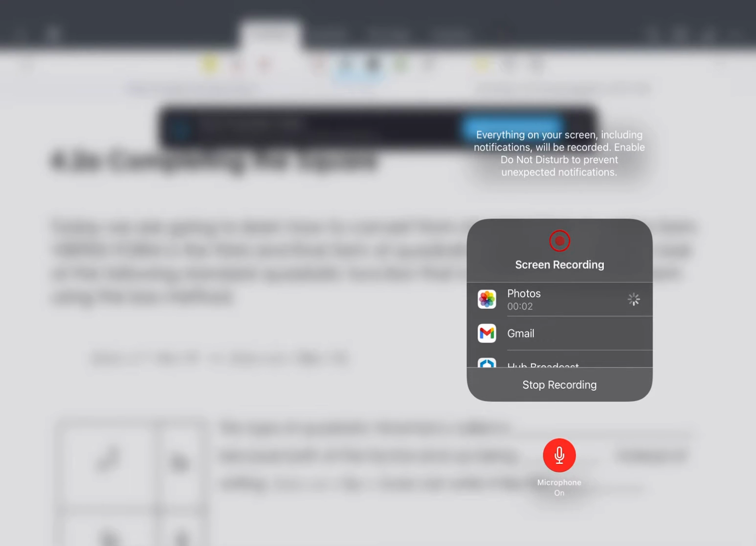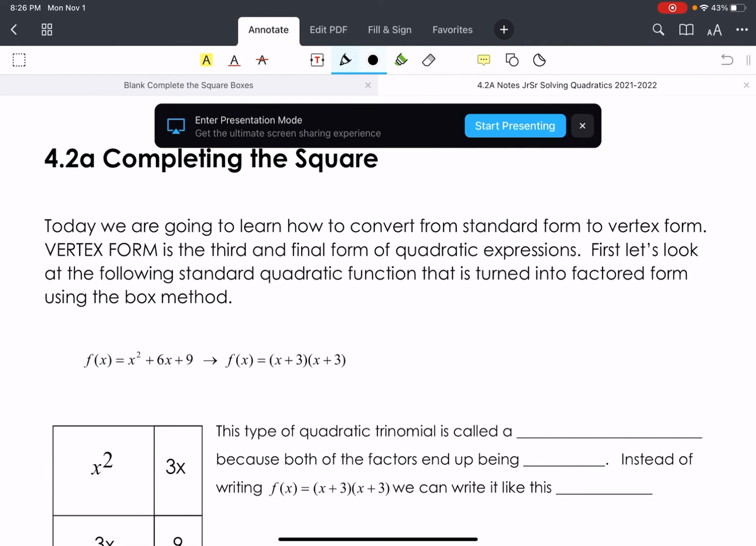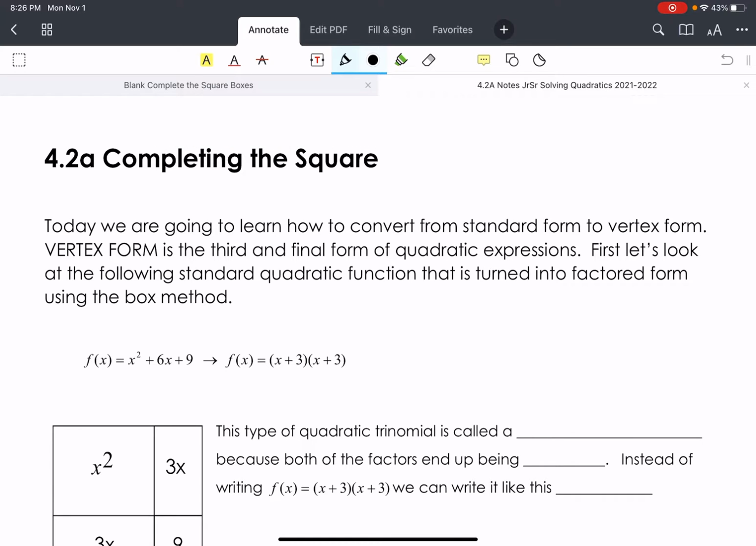Okay, hello everyone. Today we're going to learn about a new type of function. Well, still a quadratic function, but this time we're going to learn about a new form, a new way to write it. Okay, the reason that we need the three different forms,